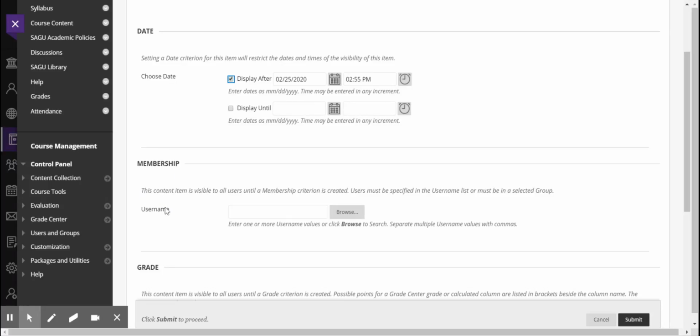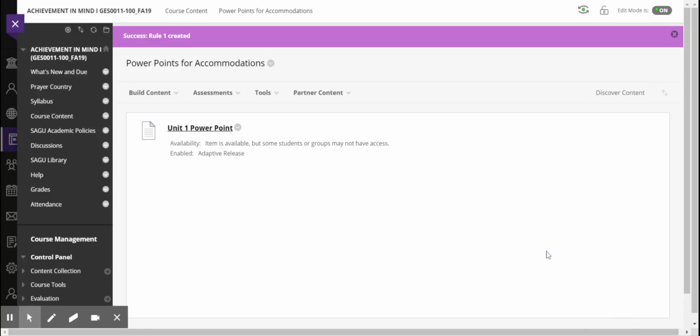You do not have to add users to each of the files, though, as long as they are in a file folder. The file folder will limit access. That way, you can continue to drop PowerPoints in, and you don't have to change every single file that you have in that folder. Well, hope this has been helpful for you